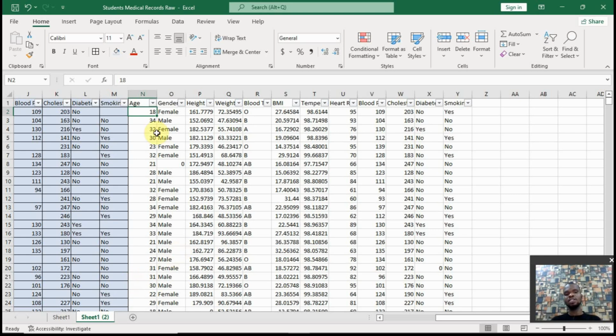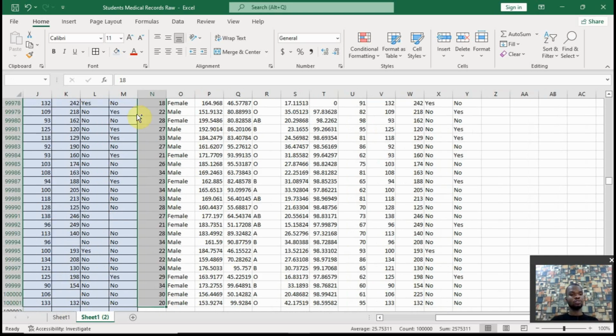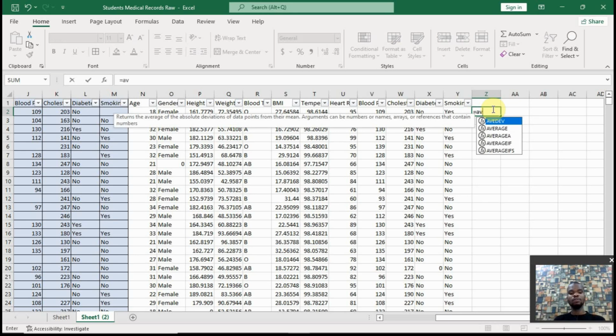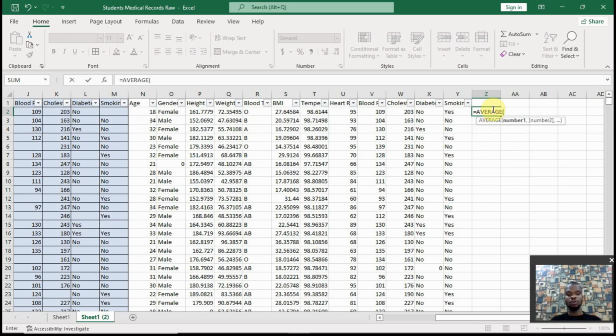All right, so let's deal with the zeros by replacing the zeros in the numerical columns with the average, which is a measure of central tendency. But we have to be careful, right? Let's look at this. There are several ways I can do this. I can give a name to this column: Control Shift Down to highlight the column, then come to the name box, type in age, and save. So if I do equals AVERAGE, and I ask what is the average of age, it gives me